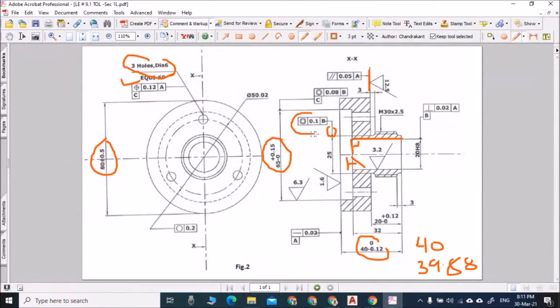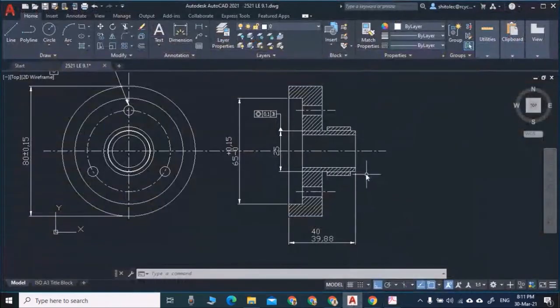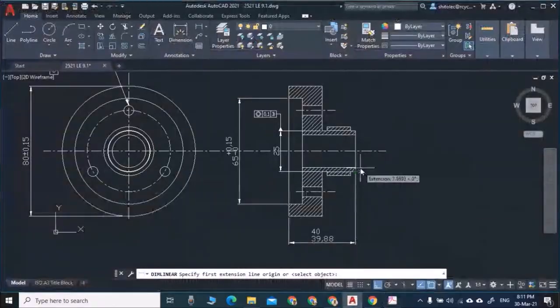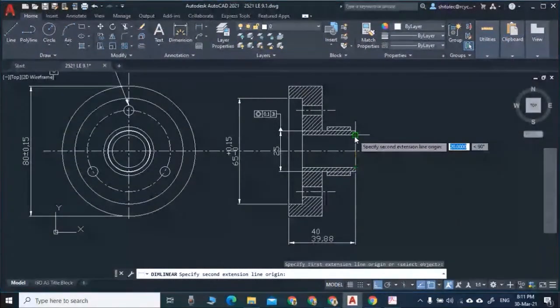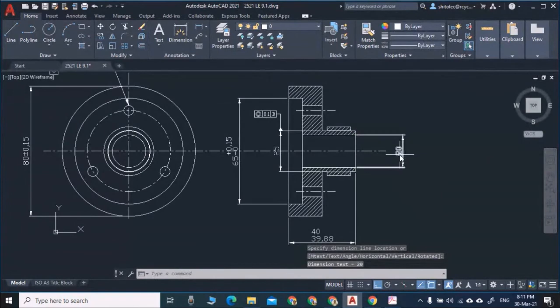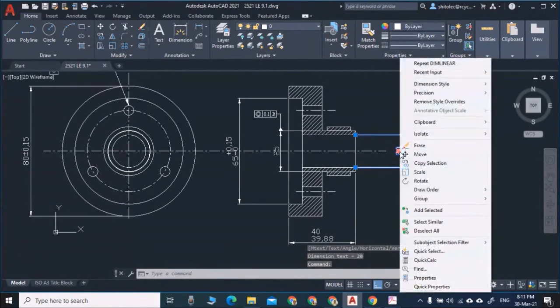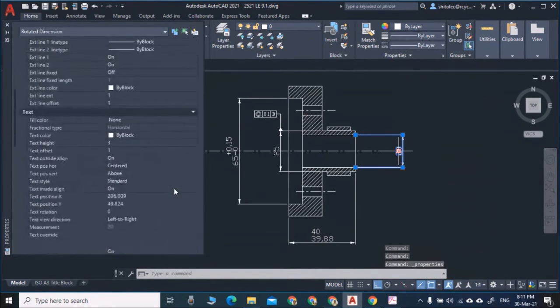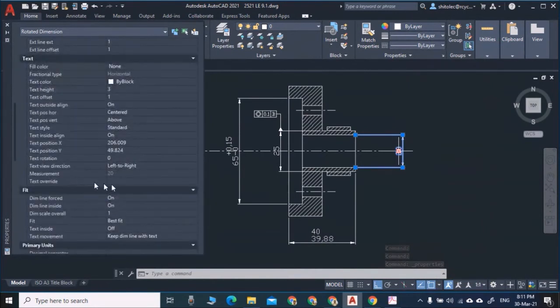Now I explain this geometrical tolerance. Now you can give this text yourself also, override text. I explained before, but I will explain here. Override dimension text. Now this is a 20 H8. So I will click it here, and inside or outside, inside is 20, from here to here, yeah, 20. Now I need to change this to H8. Properties, and here in text, you can go to text override.